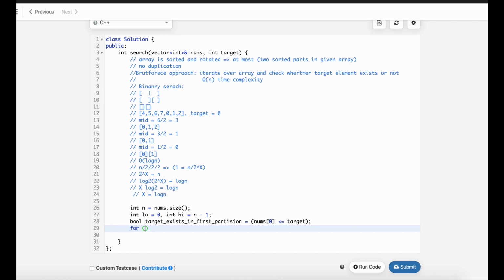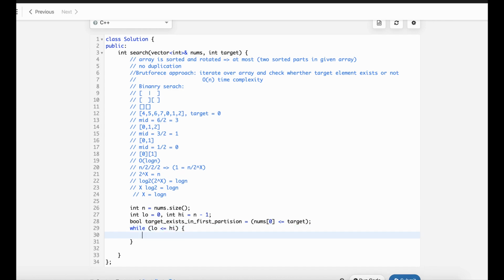Depending upon this, we can change our range of the subarray after partition, after doing binary search, while making decision. So let's apply binary search. While applying binary search, we can make the decision of our range depending upon this boolean value, whether we have to search in the first partition or the second partition. So let's say while low is less than or equal to high, we will find the mid index, which is equal to low plus high divided by 2,